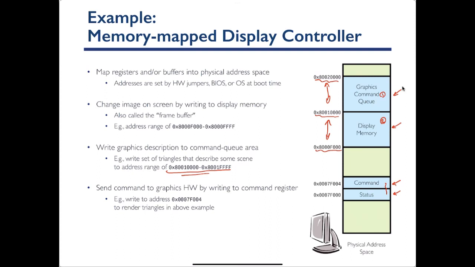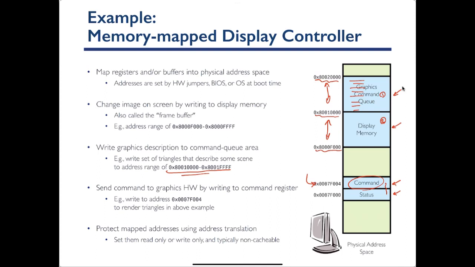So you just write your data in these addresses. Eventually, once you want the display to execute those commands, you send a signal to this command register to tell the device that the commands are ready, go and execute them, right? So you can just write to this particular address, this command register,